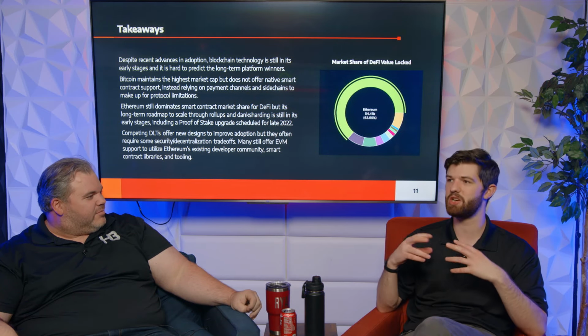And so for all these other DLTs, they're all trying to do new things. They're trying new designs. They're trying to improve adoption. But usually, in most cases, there is a trade-off, going back to that trilemma, where some decentralization or security is being given up for scale, in different forms and different factors. To some people, it might not seem like a trade-off. They're like, this is still decentralized, or this is still secure, based on their definitions.